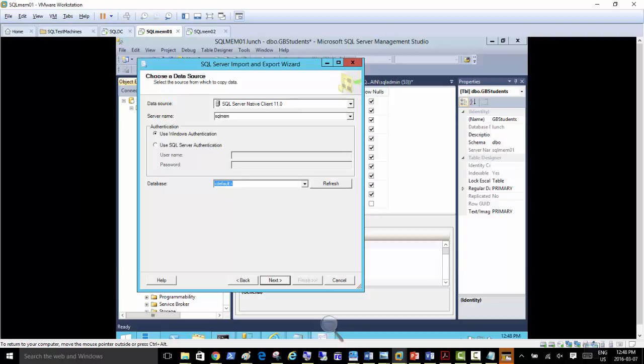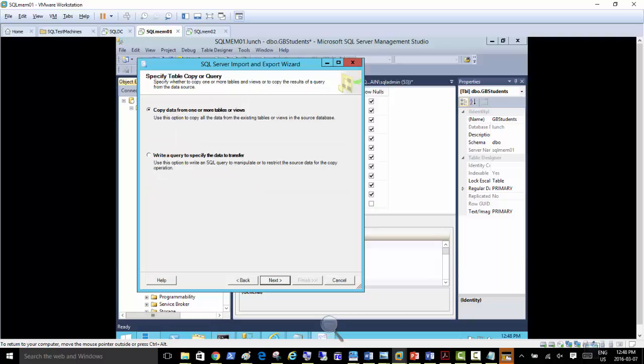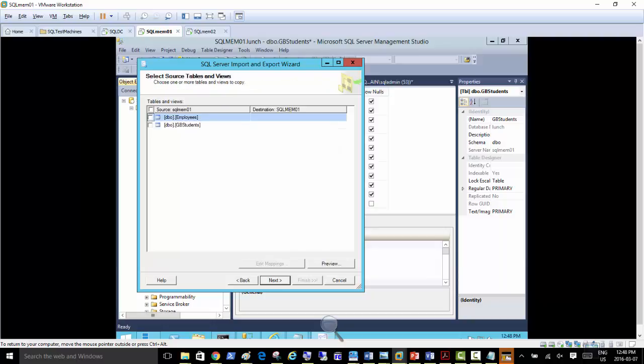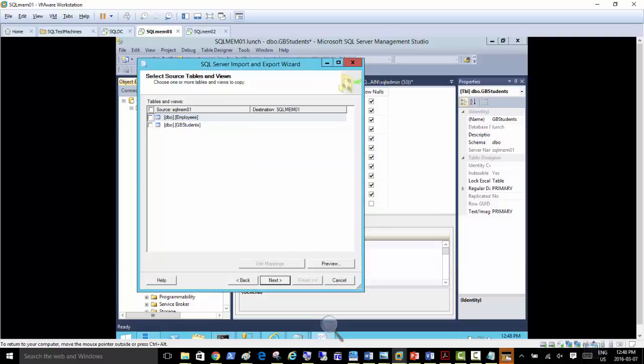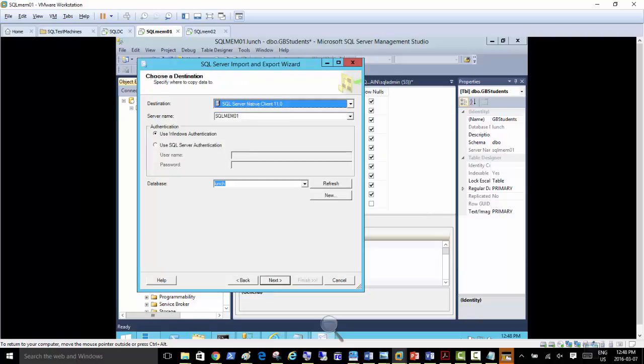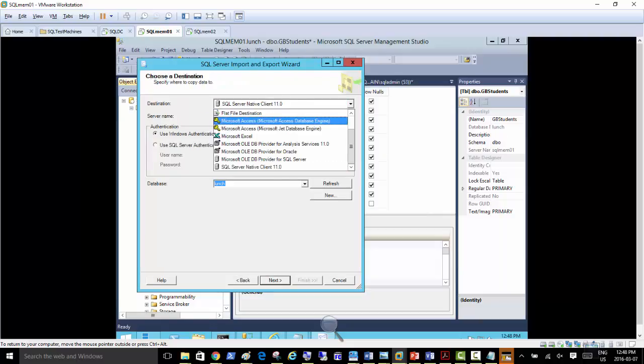SQL mem01 database, lunch. Next, I'm just making sure I'm importing. It's not an Excel file. I just needed a CSV file for the flat file destination.